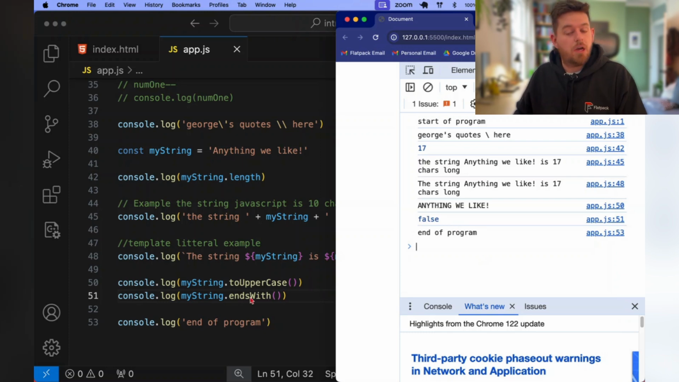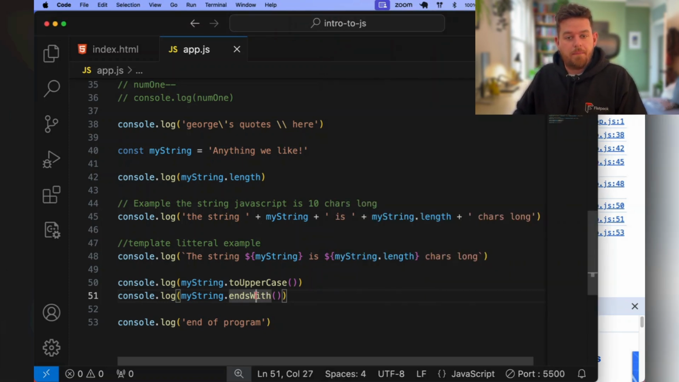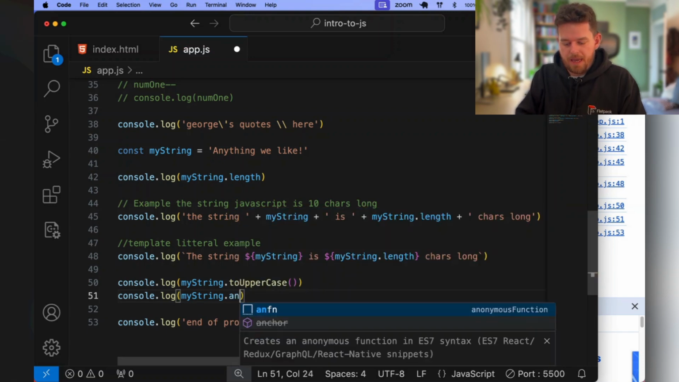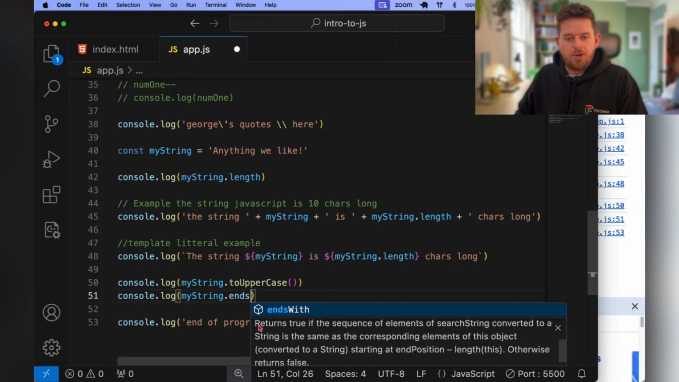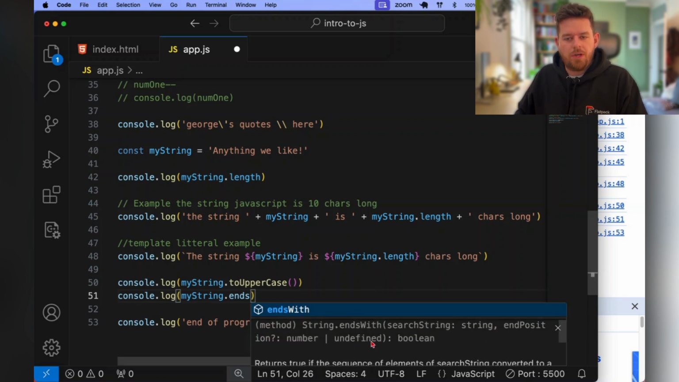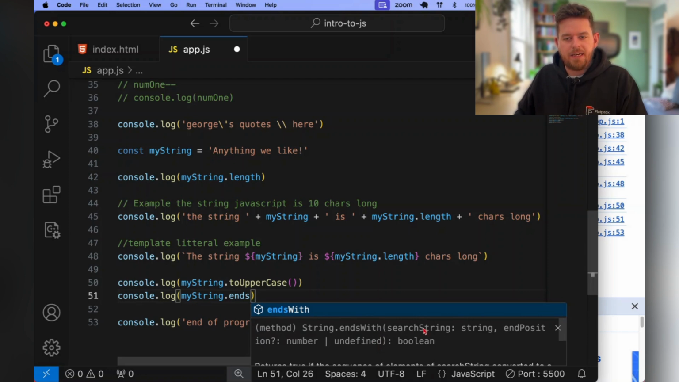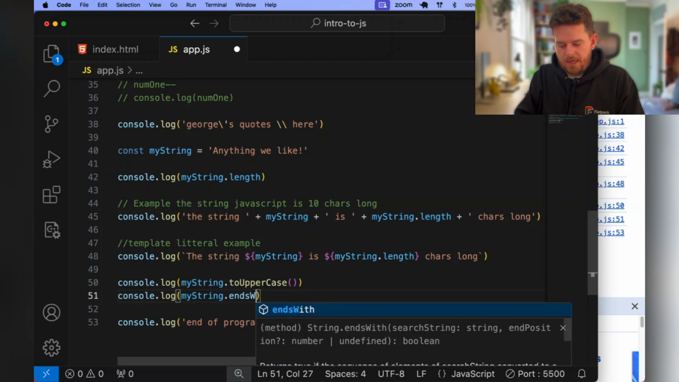Oh, and we get false. Okay, so let's go and have a look at what that might be because of. So let's go ahead and start typing endsWith and have a look what it says. So it returns true if the sequence of elements of search string converted to a string is the same as the corresponding elements of this object. Okay, so what we can see is that it's asking us to put a string in these parentheses. So let's go ahead, endsWith,